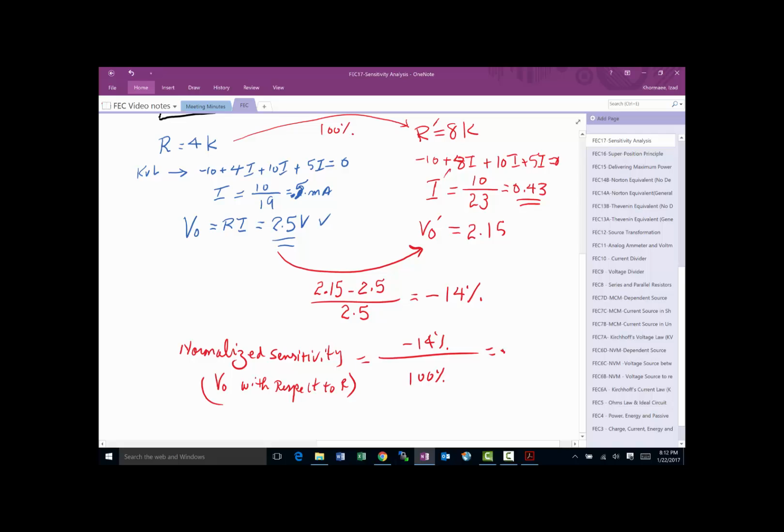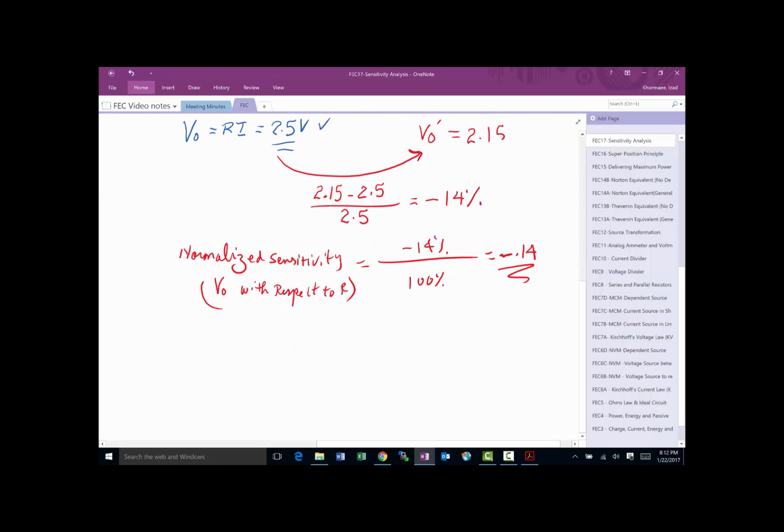So it becomes minus 0.14. What that number tells us is that if I were to change R by 1% of its value,